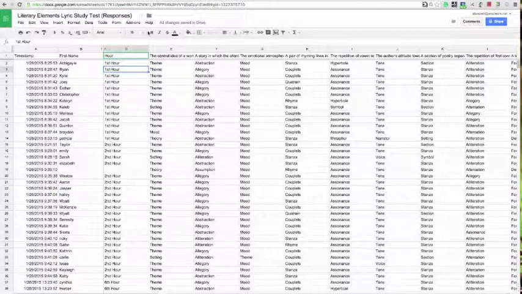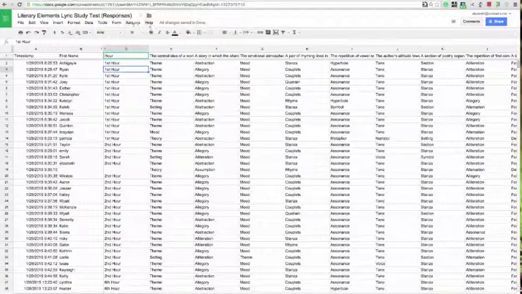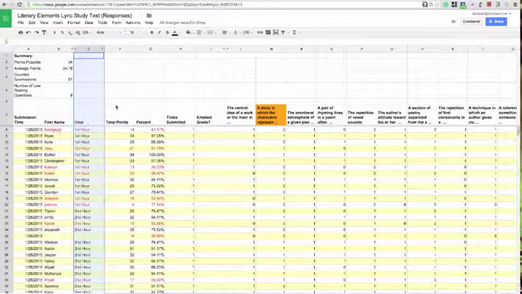So once I have enabled Flubaroo on my document, I could actually grade the assignment using Flubaroo. It takes just a couple of minutes to do that, and it creates a whole other tab down here, or a whole other sheet in Google Sheets, and it does all this wonderful analysis for me. I did hide my students' names so you wouldn't see all of that stuff. I didn't want to embarrass anyone, but the great thing here is when I look at these assignments, I can